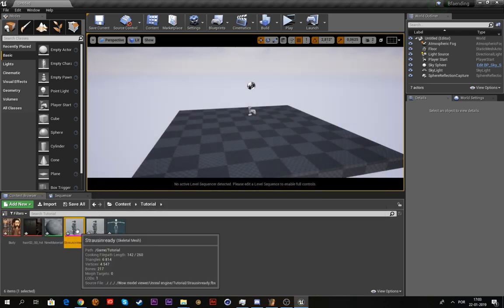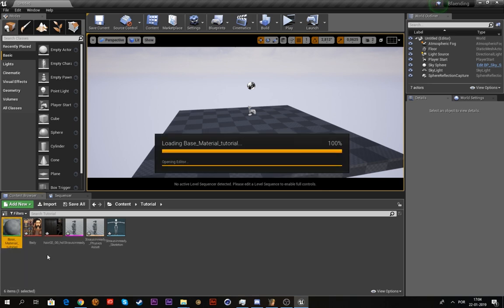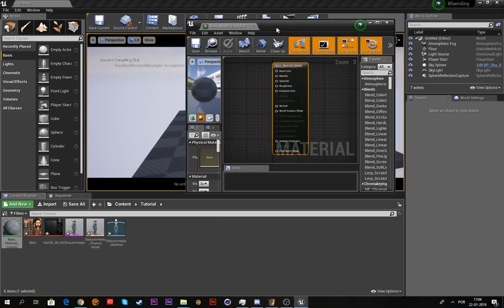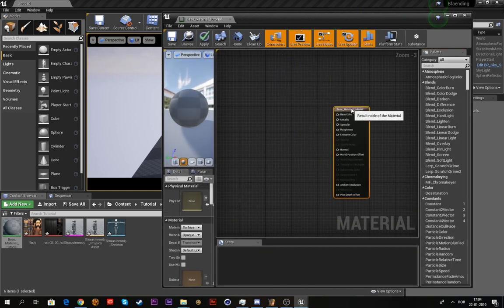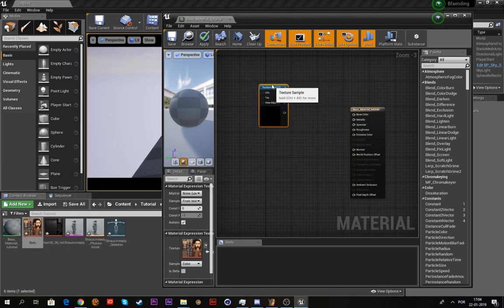So now that we've got the model and the textures here, we're gonna call this material base material tutorial. So you're gonna go into the material editor, and you'll have this menu here. So what you're gonna do now is drag a texture, doesn't really matter what, and you're gonna connect this point to this point,